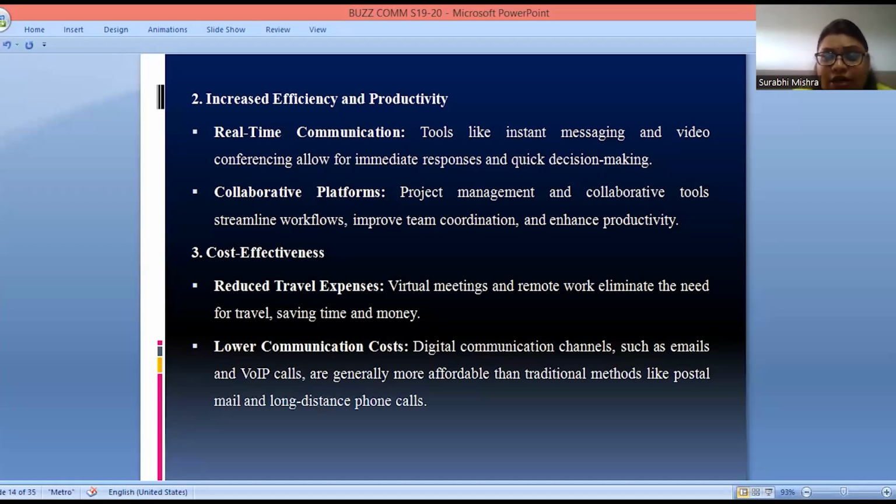So virtual meetings and remote work eliminate the requirement for traveling and also save time and money, right? So next comes